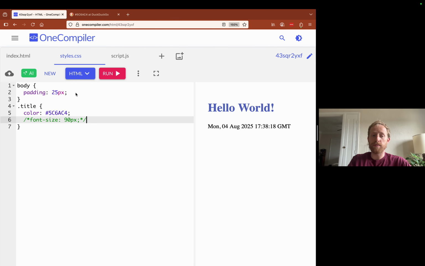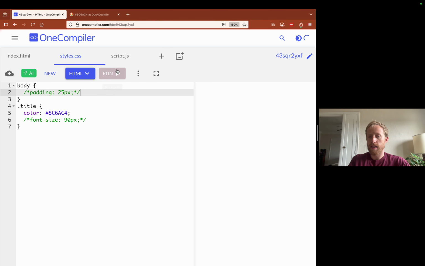So there's different things you can do there. You could also specify, for example, the body. It said padding has 25px. Padding is this space here. You see how it doesn't start at the left-hand side? Let me get rid of that, and it should start much closer to the left-hand side. Now, it doesn't start all the way to the left-hand side because, as we mentioned, it comes with defaults. When I don't specify anything, it will use the default. But now the padding's larger.